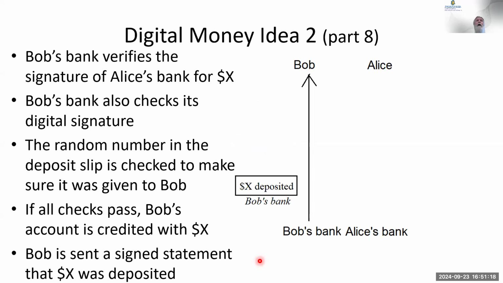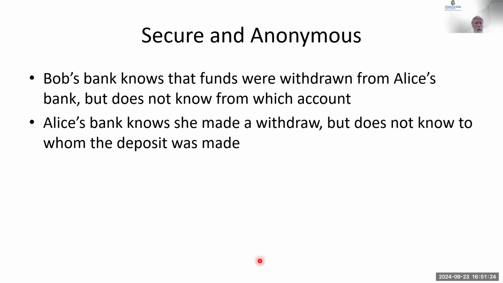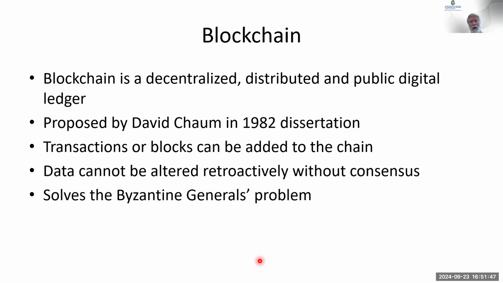It's kind of complicated, but we're sending things back and forth. We blind signed it, so nobody knows. It's secure. Everything is encrypted. Everything is signed. The bank doesn't know where Alice is spending its money. The bank doesn't know who Bob's customers are because it was blind signed. So everything is secure. You can look at all the details, but that's Chaum's method for digital currency. There are, of course, other ways to do it.